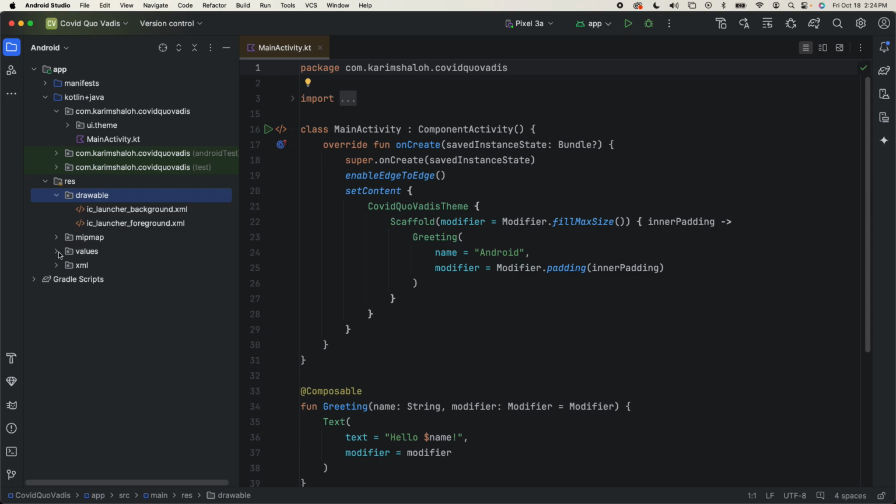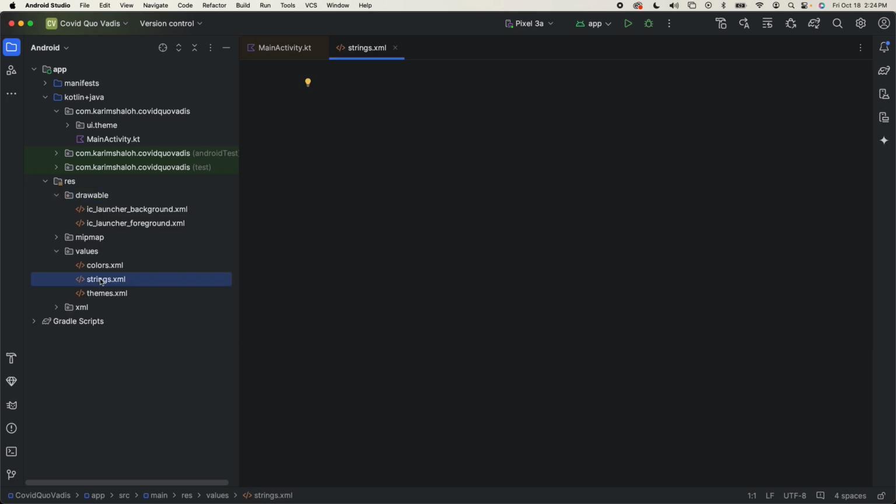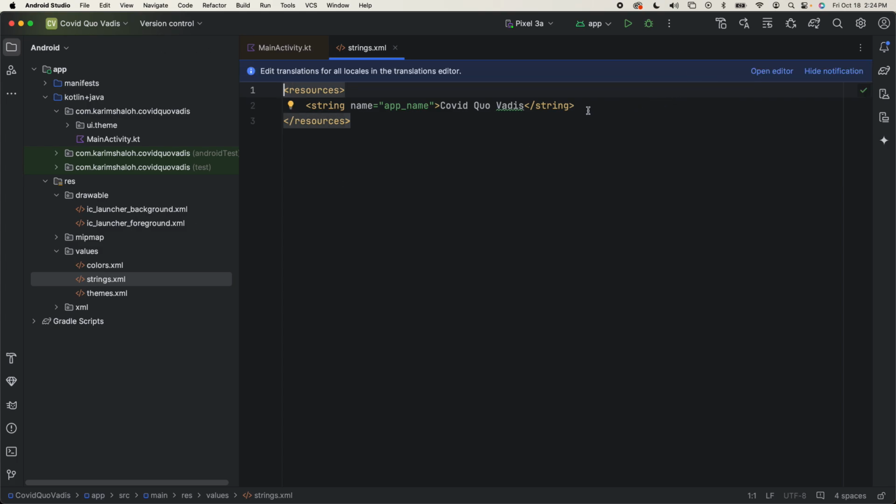We are going to use the strings value file. So here we can store strings and give them a variable name, and then instead of actually hard coding the string into our app, we would just call the variable name instead. The biggest reason for this is for translating your app into multiple languages or more than one